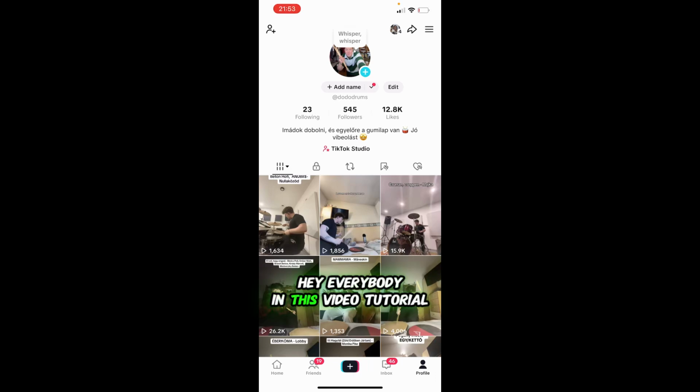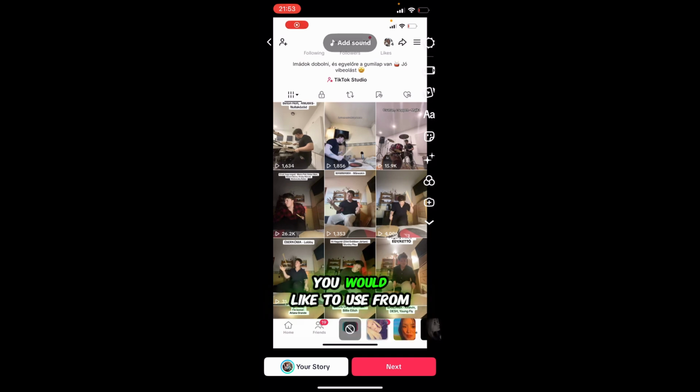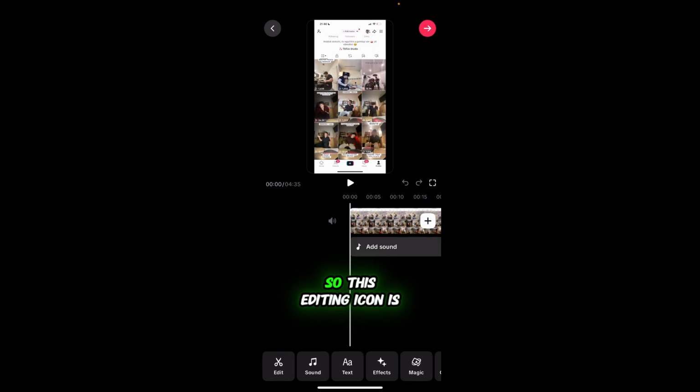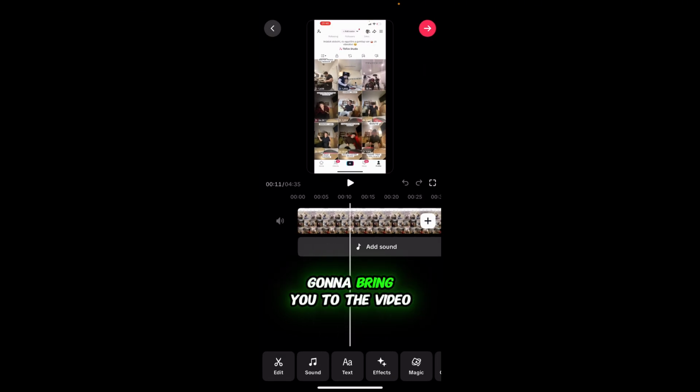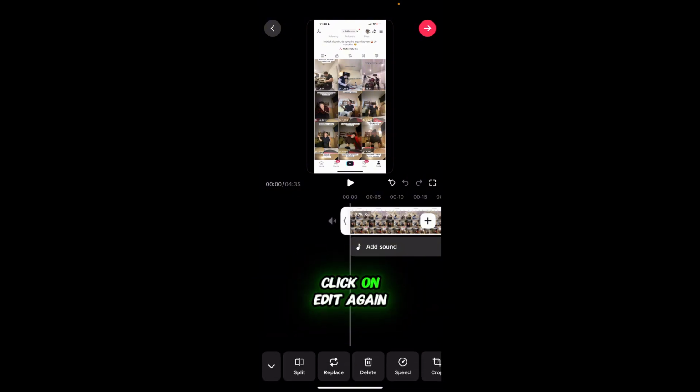Hey everybody, in this video tutorial I'm going to show you how you can speed up TikTok video. So first you're gonna click on the plus sign to be able to post a video on TikTok. Then you're just gonna choose the video you would like to use from your gallery and you're just gonna go to this edit icon. So this editing icon is gonna bring you to the video where you can do anything to the video, and you just need to click on edit again, and here you will be able to see